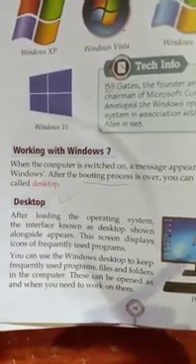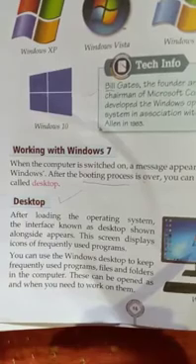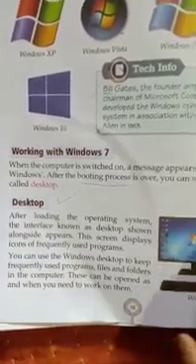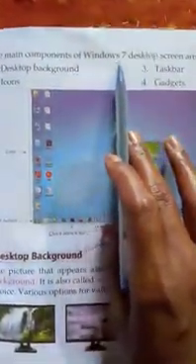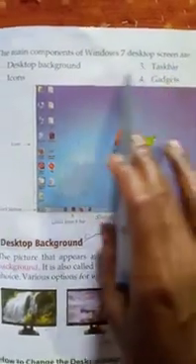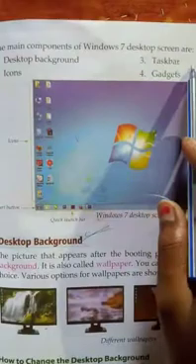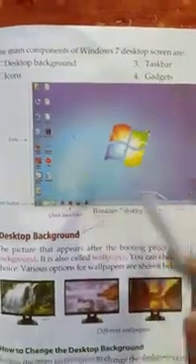So when you want to work on them, you quickly open those icons or files or folders. The main components of Windows 7 desktop screen are desktop background, icons, taskbar, gadgets.